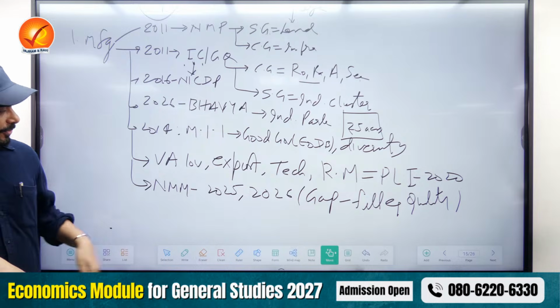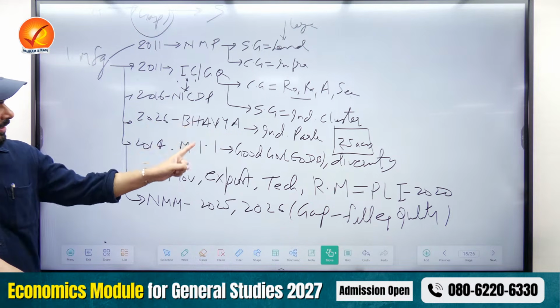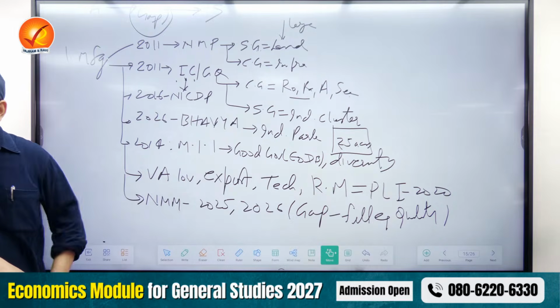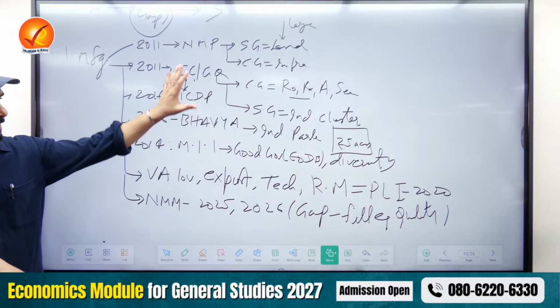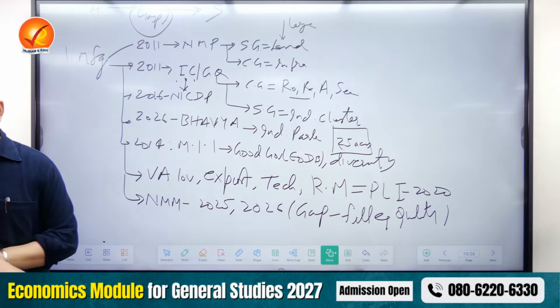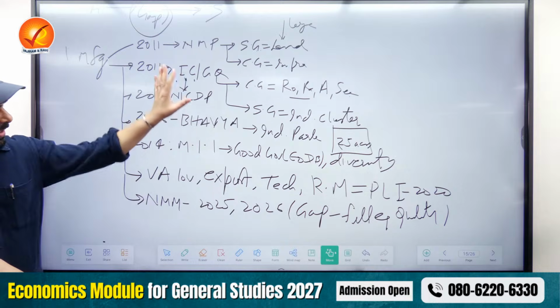Now, look carefully, bacho. What are the policies that we did? 1, 2, 3, 4, 5, 6. If you look very carefully in all this, you'll find something interesting. This is the style of one pager. Obviously, you can improve this. I'm just demonstrating a simple example of how you should be creating your notes.